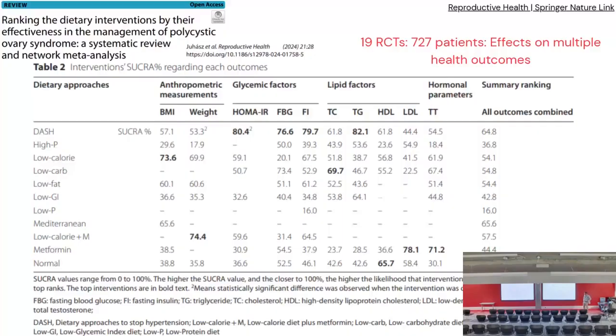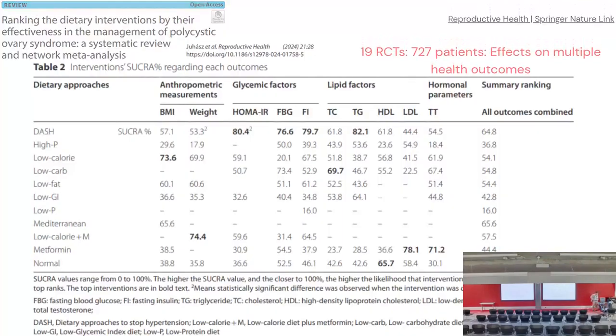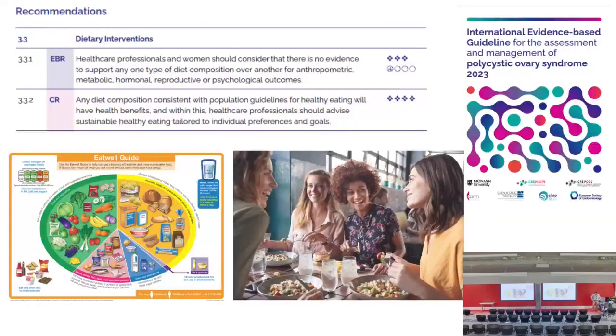But when you combine all the outcome measures, what you see is the DASH diet and the Mediterranean diet come out on top as being the best approaches for managing all these symptoms, but there's some missing spots in here. And actually, none of them get as high as almost 70% with all the combined factors. Which brings us back to our guidelines, which is basically, there's no clear evidence of what is the best dietary